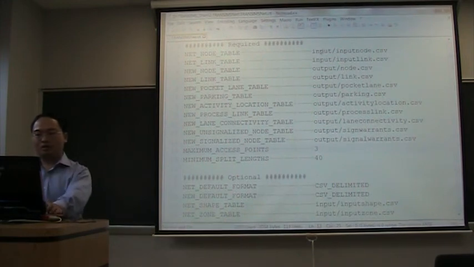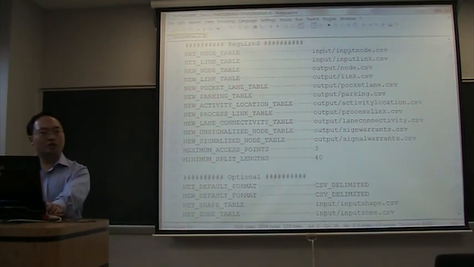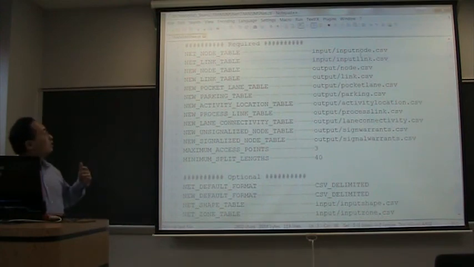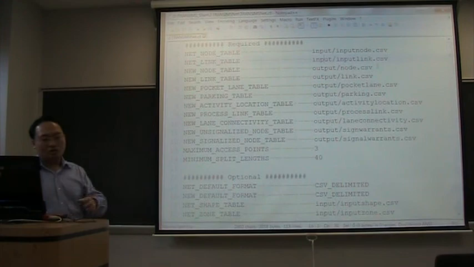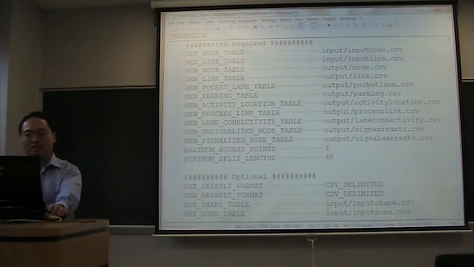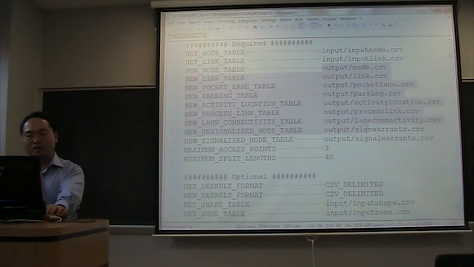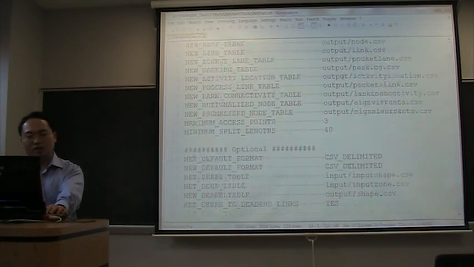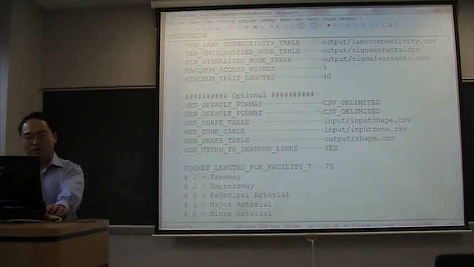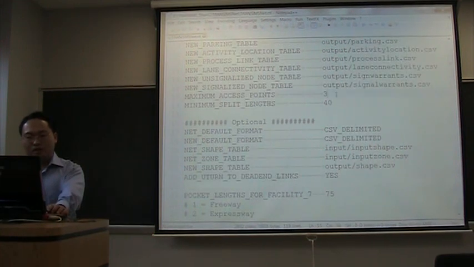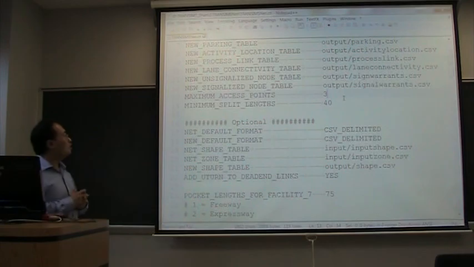And if we check this transimsnet.ctl, we see more keys here. So we have input/inputnode.csv and input/inputlink.csv. So these are the input files I just created, and it's going to create a lot of new files in the folder of output. Are they easy to understand? And here is a parameter called the maximum